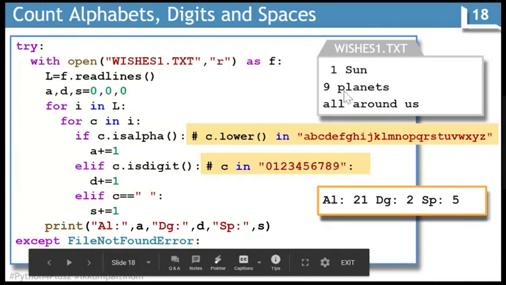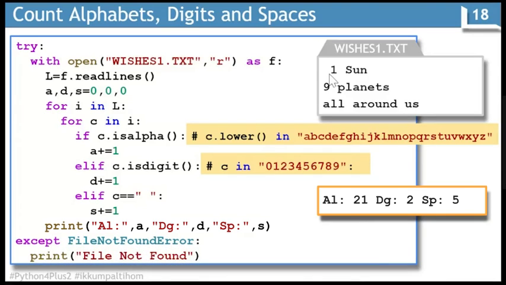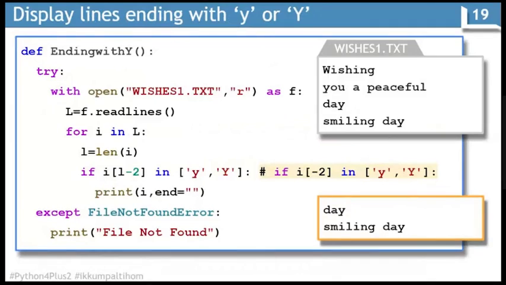So you can see here, assuming the content of the wishes.txt as 1 sun, 9 planets all around us, you can see there are 2 digits and there are 21 alphabets and 5 spaces. Next we have displaying lines ending with Y or y. We can have another program as displaying lines starting with some alphabet. I have taken the second one because here we'll be using a different kind of logic,